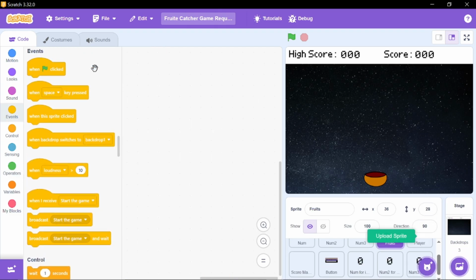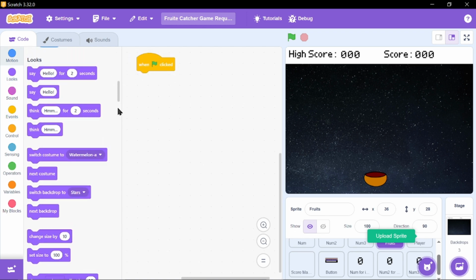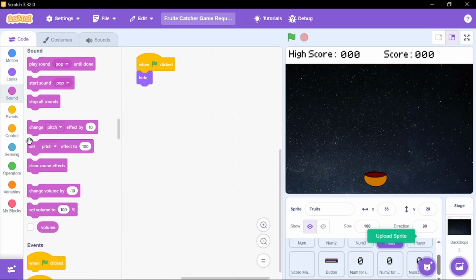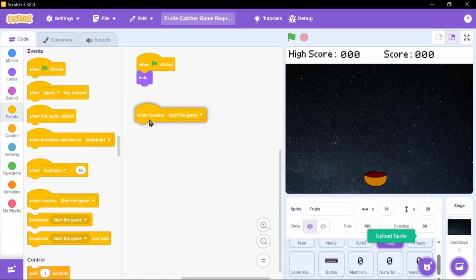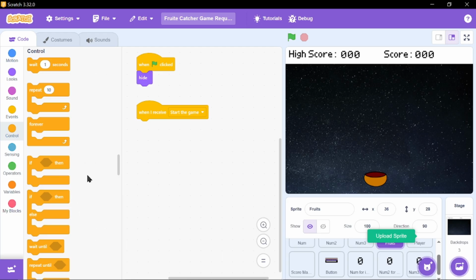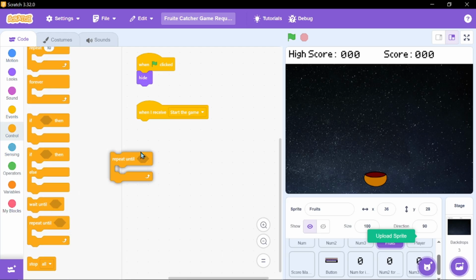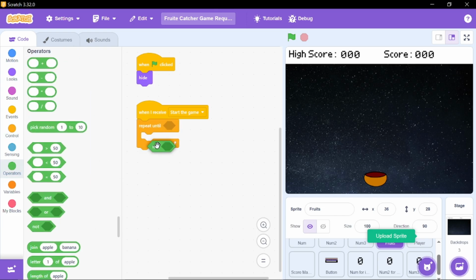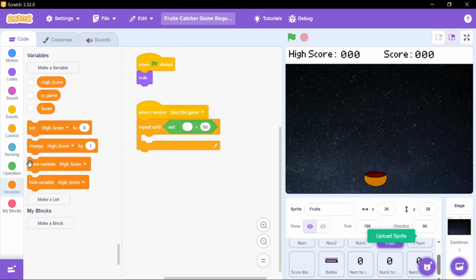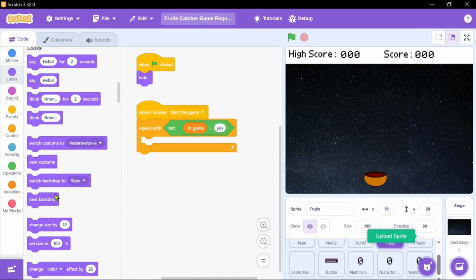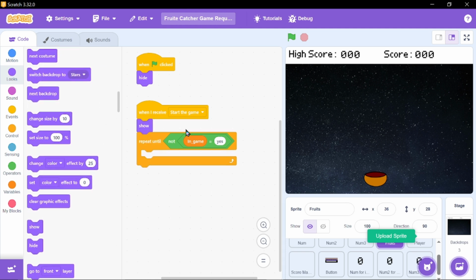I'm gonna make it when green flag clicked, hide, and now it is going to be when I receive start the game. Over here, yeah, we are gonna find this in this control events, and then we are gonna go to controls, repeat until, going towards operators, not, and then equal to, going towards variables, in game, equal to yes. Okay, now we're gonna go to looks, and at the bottom of this we're gonna add the show at the above and hide at the down,